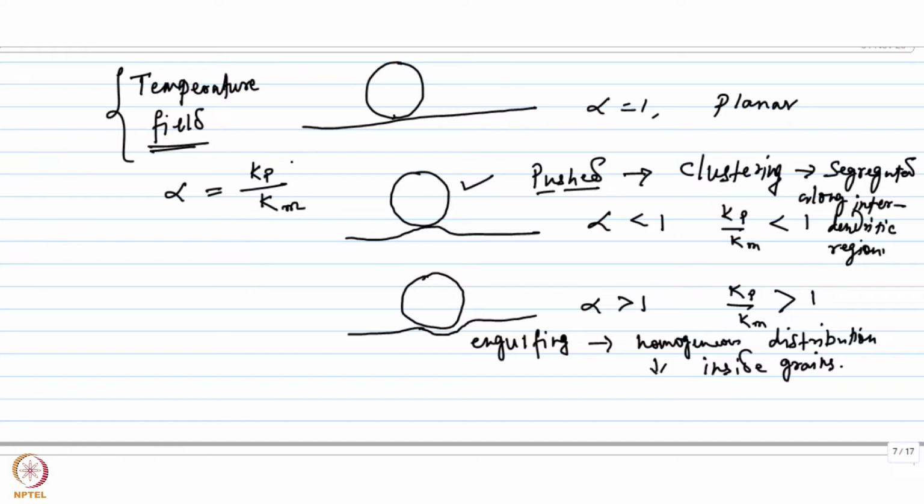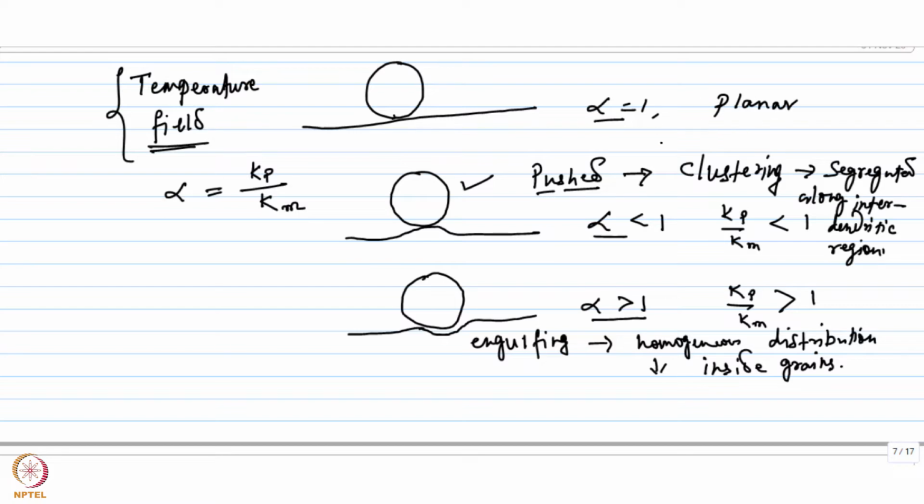Depending on whether alpha is equal to 1, less than 1 or more than 1, the interface will take up a particular geometry. When alpha equals 1, the isotherms are straight, and since the solid liquid interface also follows the isotherm of the melting point, it will also be straight,